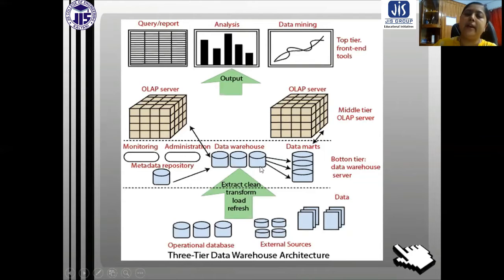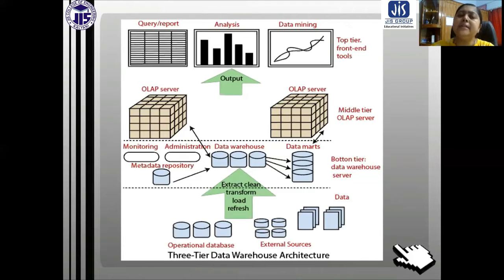Now the data warehouse is a very big, very large thing. The size of a data warehouse is in millions of records. So users are not very comfortable handling so much data. For this reason, it can be distributed among some small portions, which are called data marts.